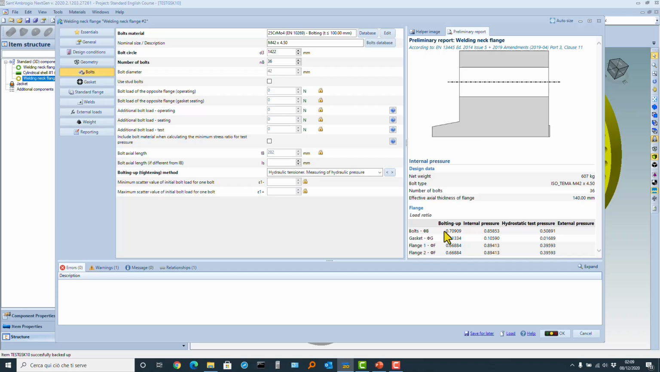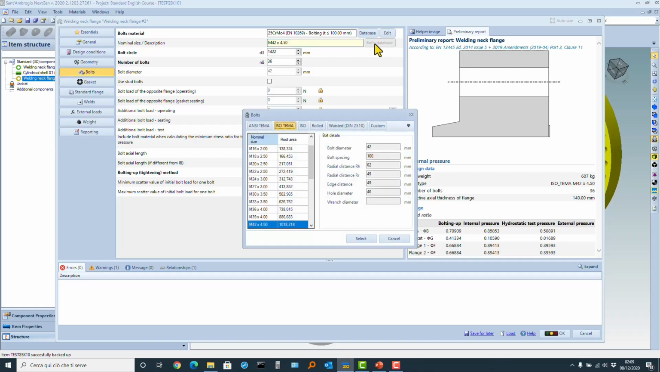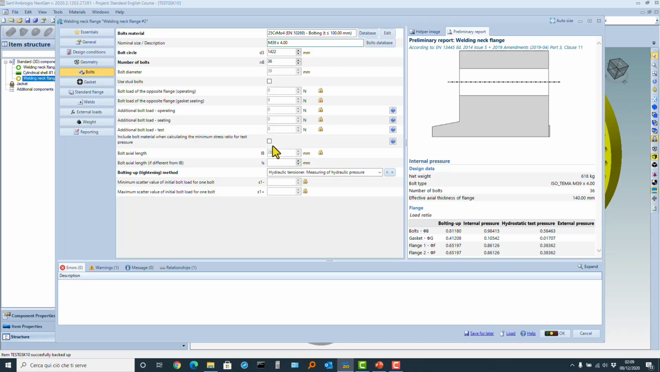what can we do if we reduce the bolt size? Reducing the bolt size means to go here, bolt database. Instead of taking M42, we take M39 with 36 bolts, you see 0.98. This is still possible, but there is something more that can be done if we use a smaller bolt size, because if you look at the database,